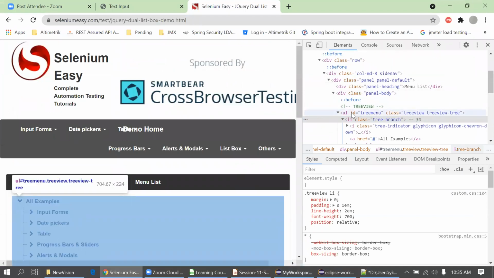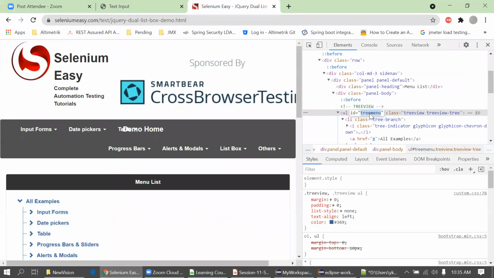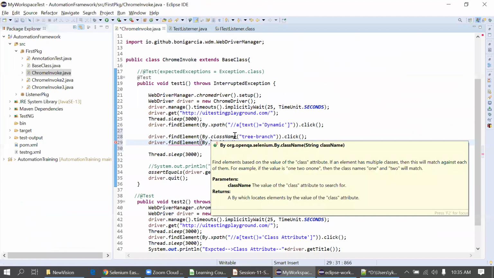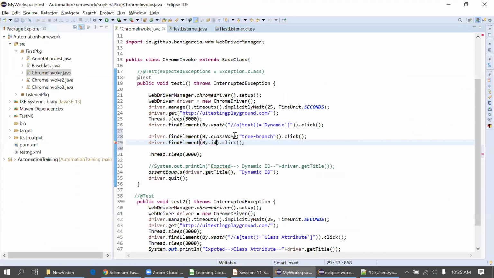Yeah, now you can see ID as well. So we can identify the locator by using this ID. I'll go for this ID like this, By ID, and in double quotes I will pass the ID. So it will again work for me. Same for the other locator.